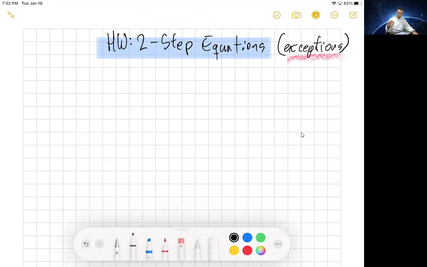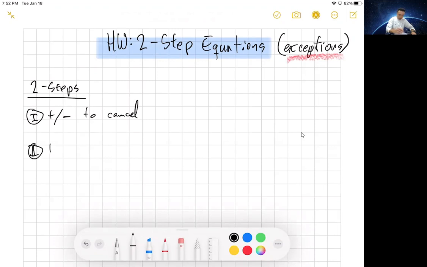And the reason why they're called exceptions is because on the last lesson, I told you that the two steps would be to add or subtract to cancel first, right? And the second step would be to multiply or divide to cancel after. For example,